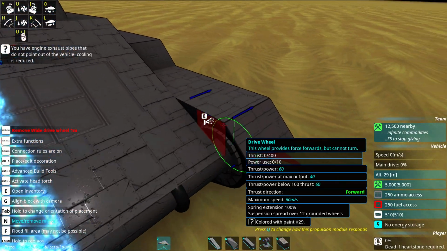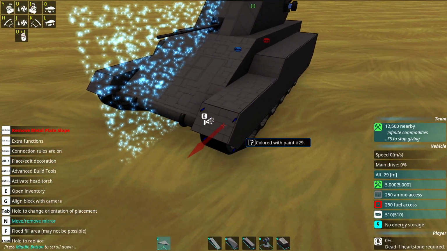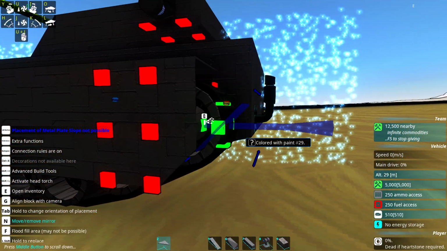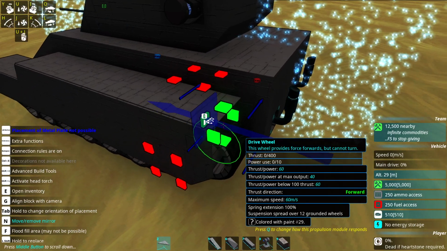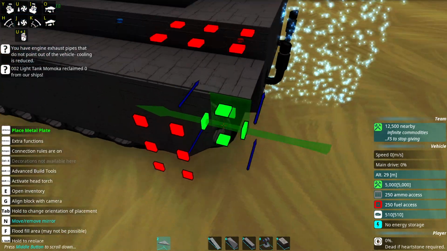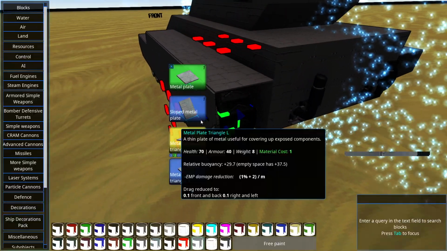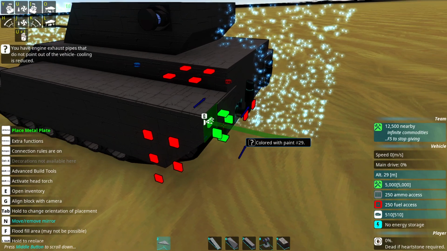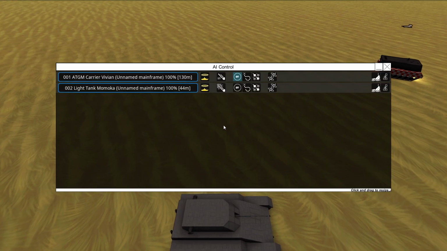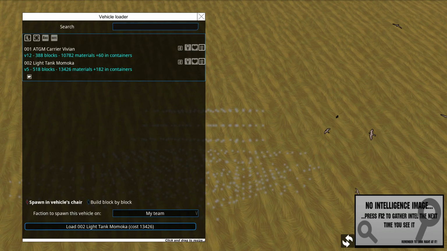Oh, hang on, that doesn't even need to be deco. That one can actually go there. Right. Yeah, I think that does look better now. Okay. Let's give it a quick... Hang on, let's save it first. Give it a quick test against...